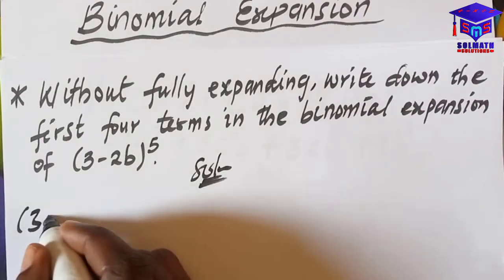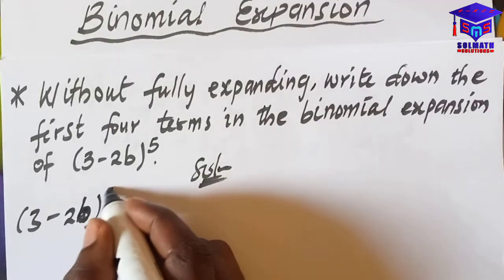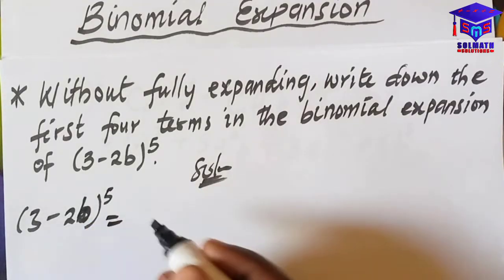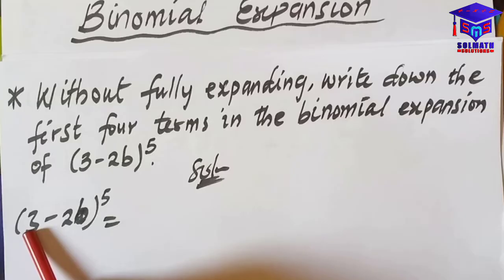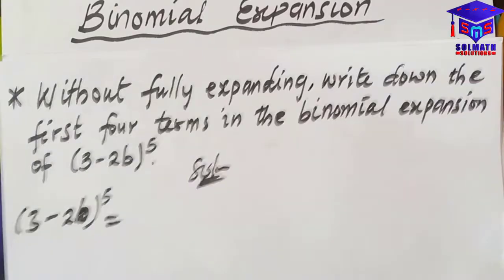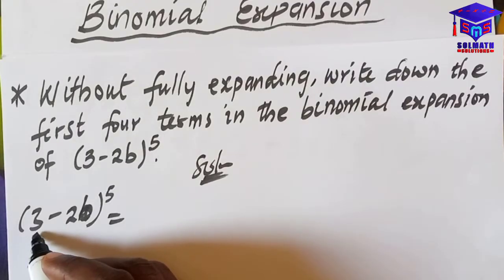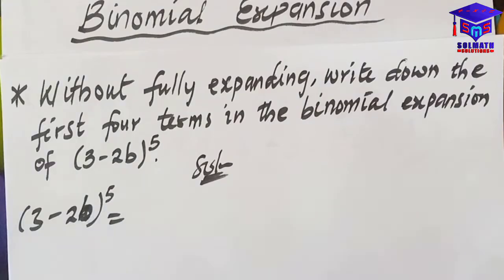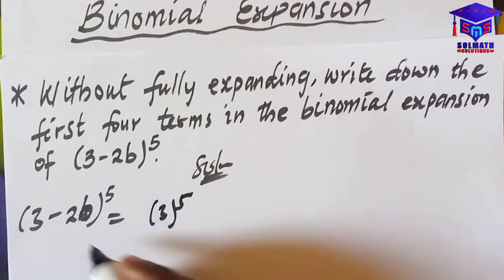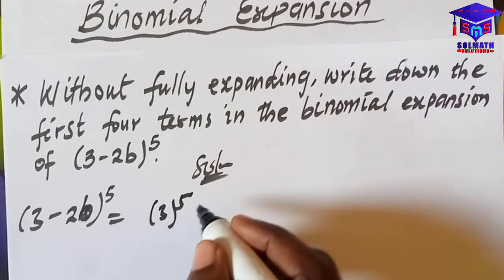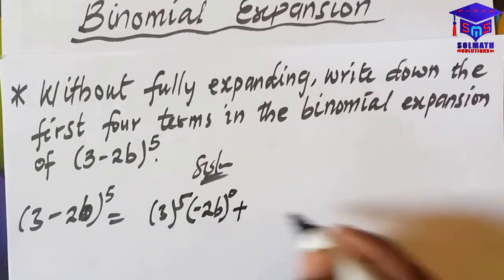We have 3 minus 2b to the power 5. All right, this will be equal to, there are 3 things you have to think of: the coefficient, and then the powers of the first term, and then the powers of the second term. Okay, so let me leave some space for the coefficient for now, and then we know the powers of the first term in the binomial will reduce from 5 to what? 0. Okay, so it means you're going to have 3 to the power 5, and then the power of the second term increases from 0, so into bracket negative 2b to the power 0, plus, let me leave some space